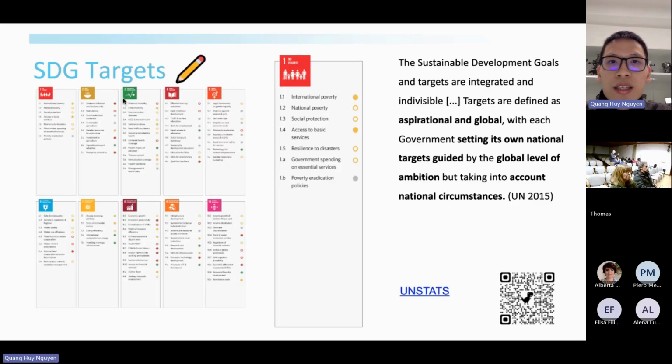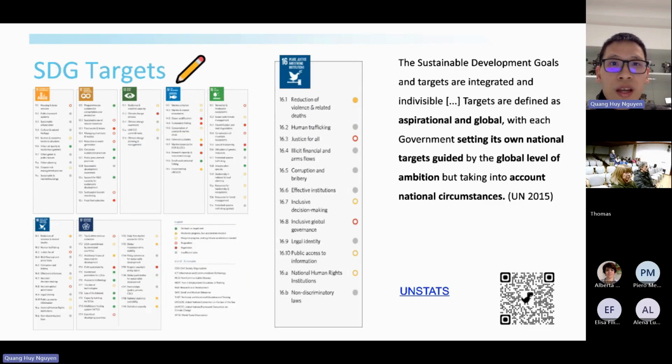Like we can see in this case, in the first goal, we have several targets here, like international poverty, national poverty, social protection, etc. Or in another case, like the peace goal, we also have human trafficking, justice for all, other little targets in order to clarify the main goal.